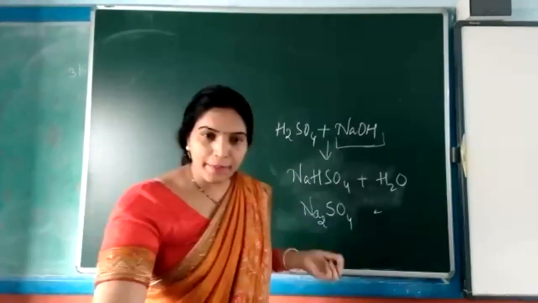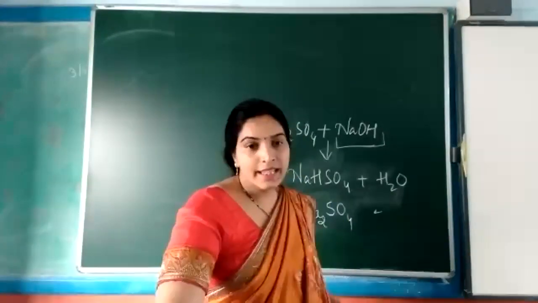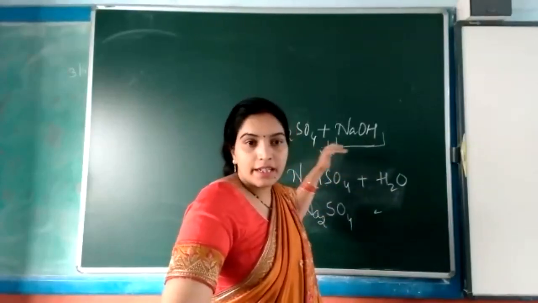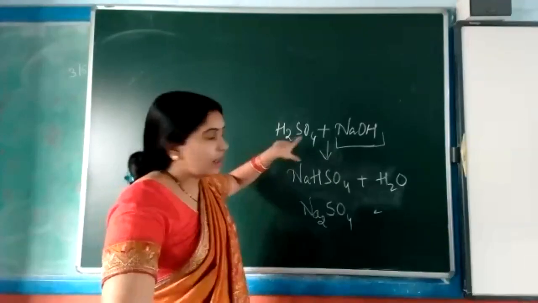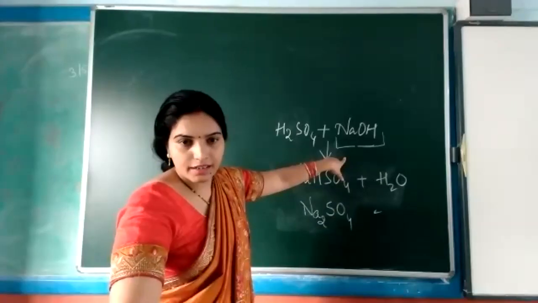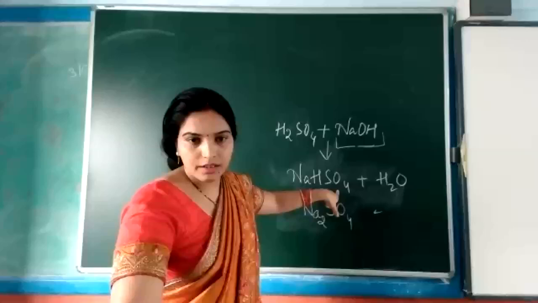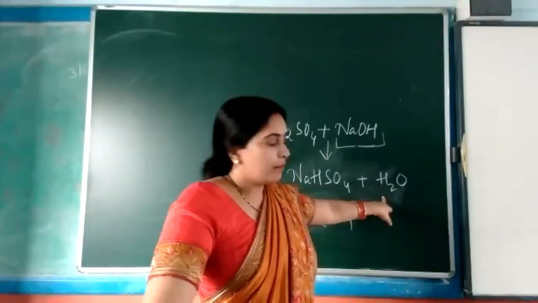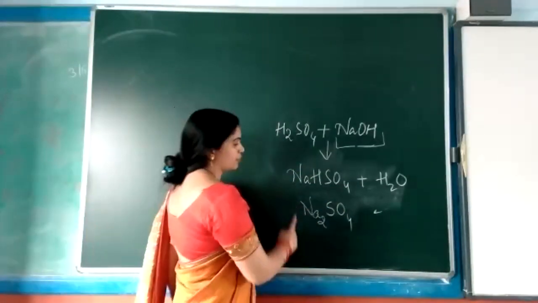We need to prepare salt. For that, two basic components are required. One is acid, the other one is base. Clear? But the amount of acid and base may vary. Suppose we have H2SO4 and sodium hydroxide. If the base is insufficient, is less in amount, then we will get acidic salt along with the byproduct, that is water. But if both are in sufficient amount, they will react to form normal salt.